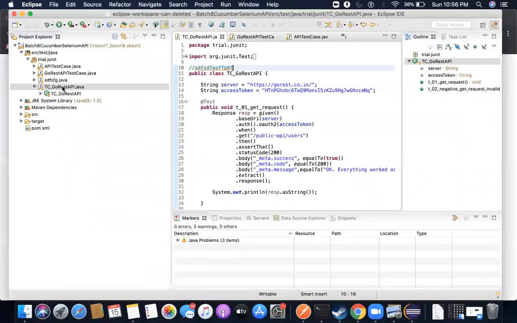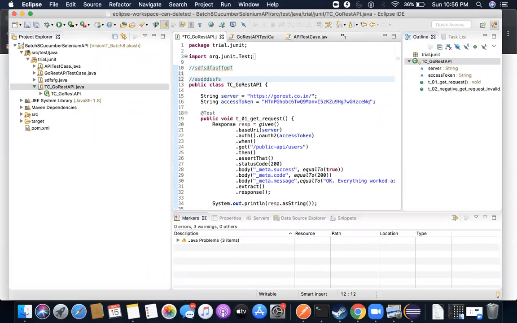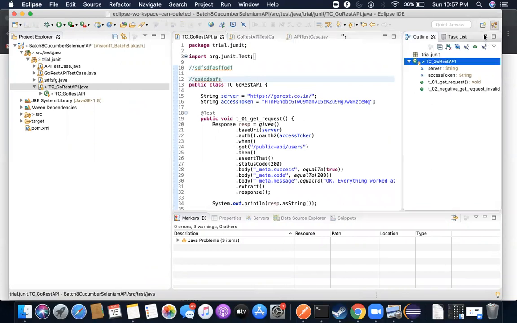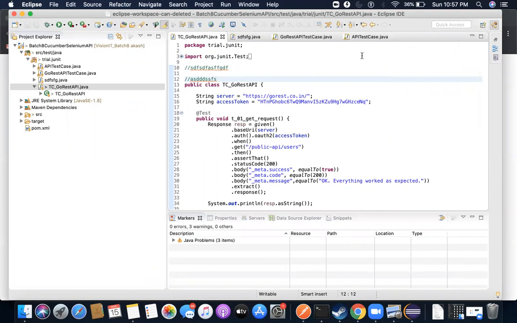Now, second way of doing it, for example, you don't want to do it from command line. Command line is, let's say, too confusing for you. I would recommend to use command line, otherwise you will never practice it, and people ask these questions in interview. So always try to do it, but if you're not able to, or you still want